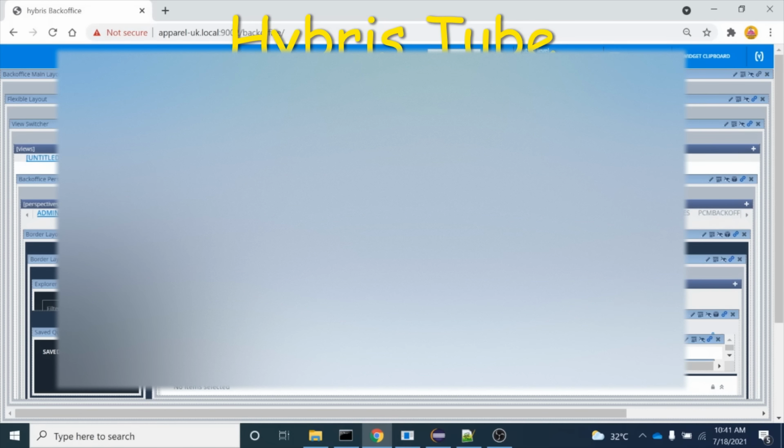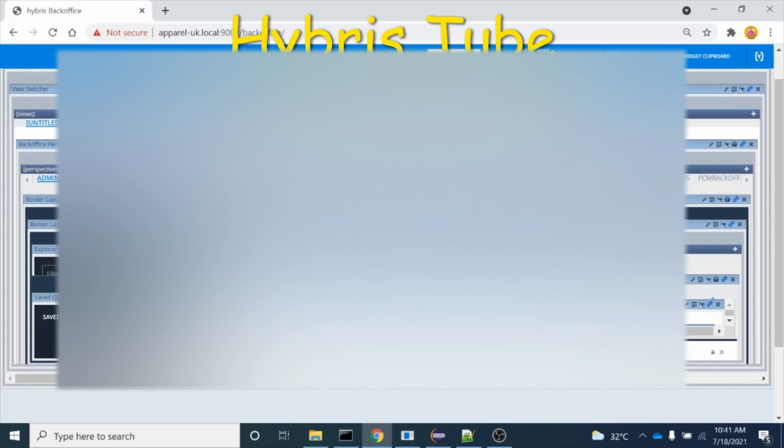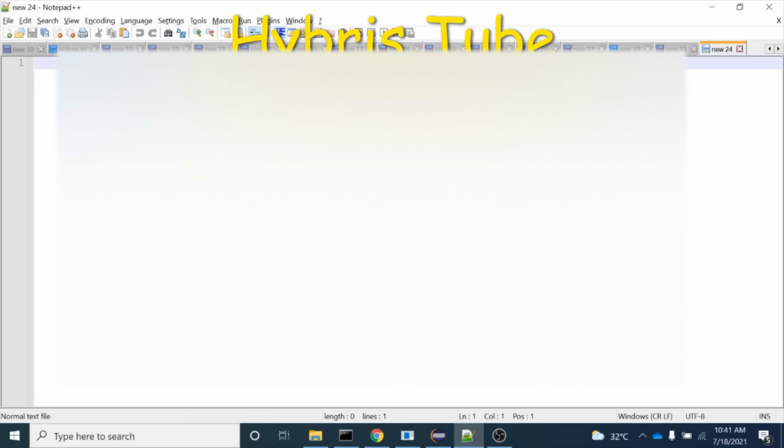In the similar way, you can see this is the back office perspective container. And over here we have multiple things, like this advanced search section. We had to make the changes in the advanced search section. So before making those changes, let's first write the requirement of what we need to do. So in the back office widget customization,